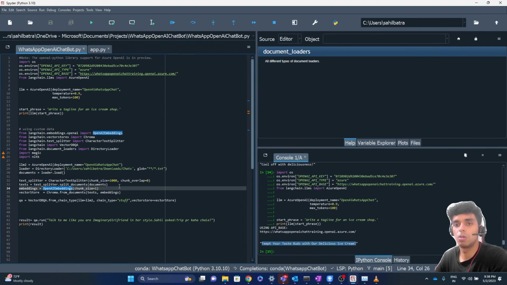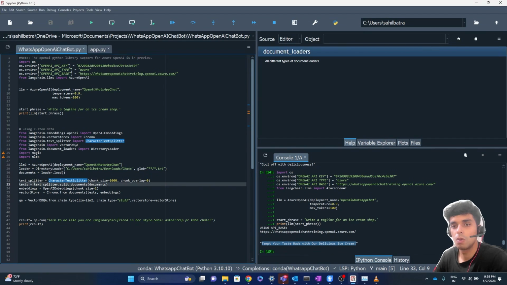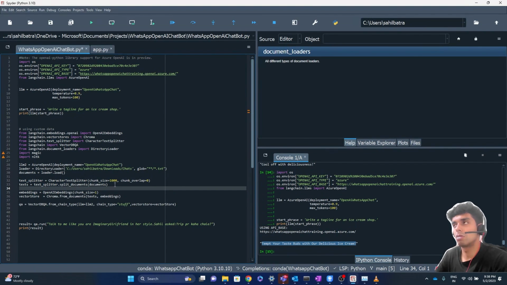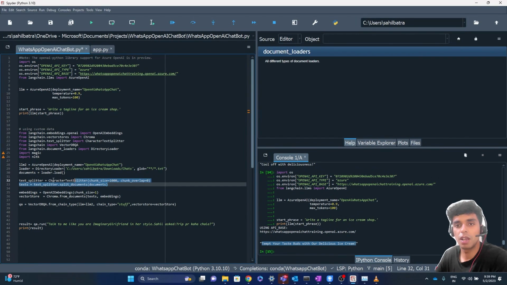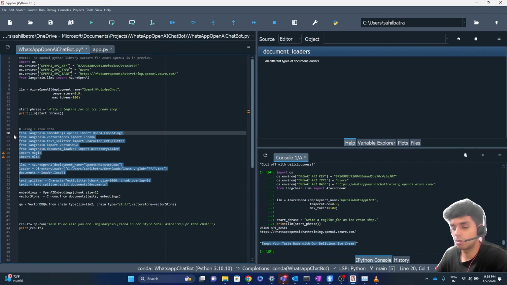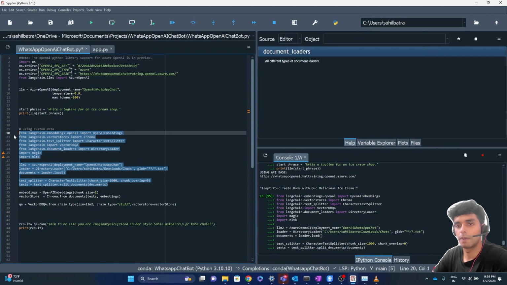Now the next thing we need to do is create a text splitter. We created an object for the character text splitter, and we'll split the documents using it. The question is, why do we need to split the text? As you have noticed, we cannot pass large data into the prompt of ChatGPT, because there's a max token limit. So we need to separate these documents into chunks. If I implement all this, I'll show you what happened with the text splitter.